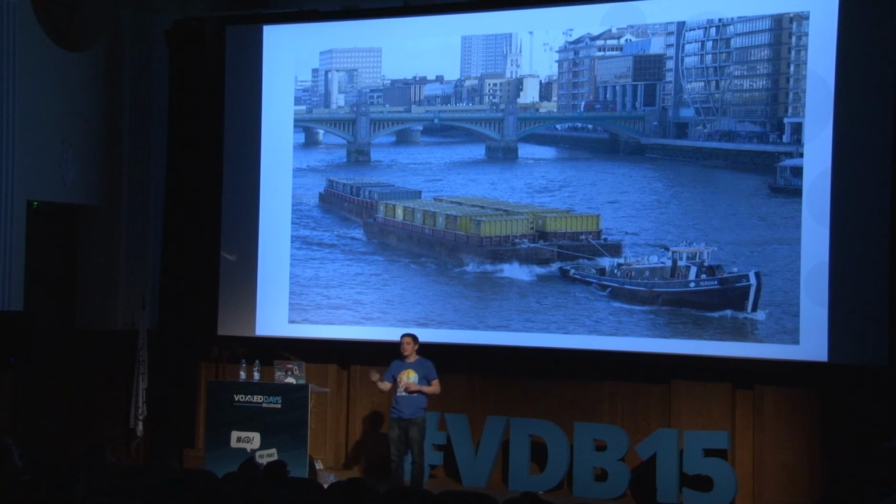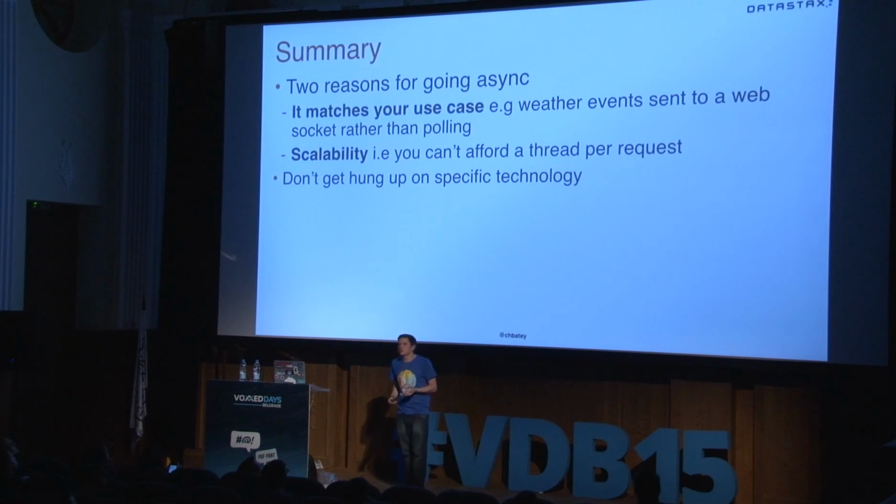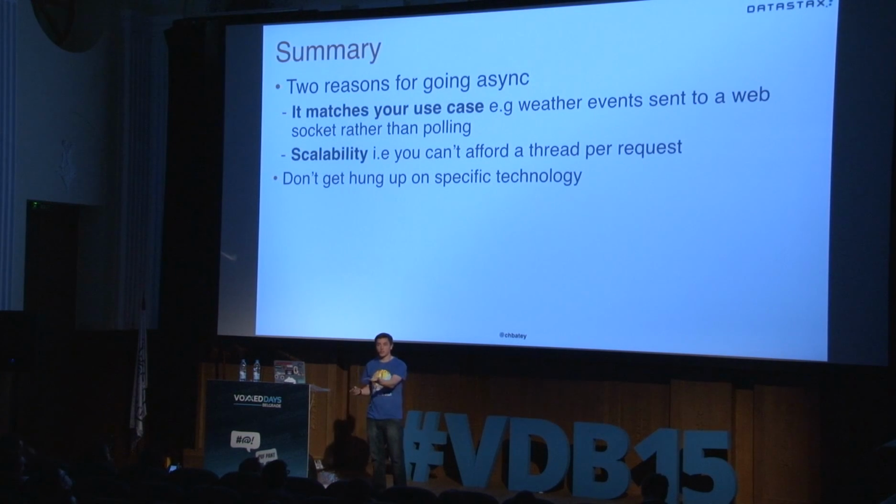But when we need to get the most out of our servers, and we've got lots of concurrent requests, then you need to use different tools. We should be aware of the tools and we should use them when we can. That's the summary. Don't suddenly go asynchronous. Remember, look for the scenarios where it's going to be useful. That's either when the programming model is actually useful, so we think of the trades example, which is really hard to do in a synchronous manner, or if you need scalability.